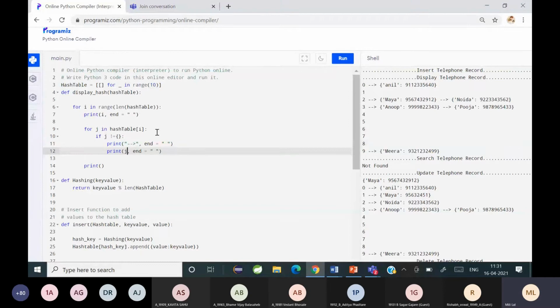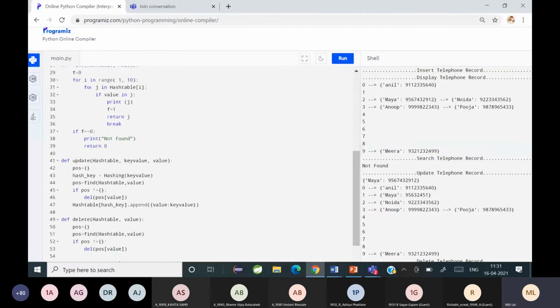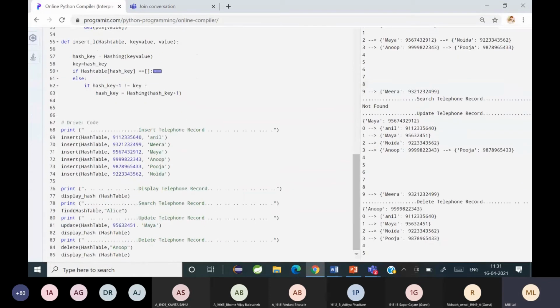And next you can see यहाँ पे next is find. Suppose I want to find a telephone number. So how will I find the telephone number? How can somebody tell me the logic of finding the telephone number?